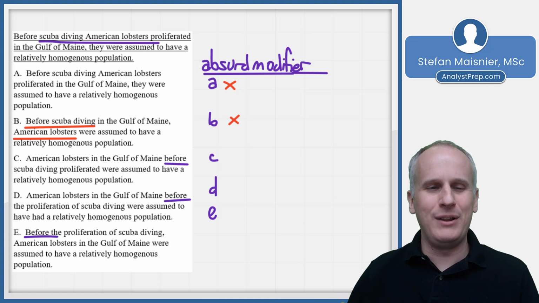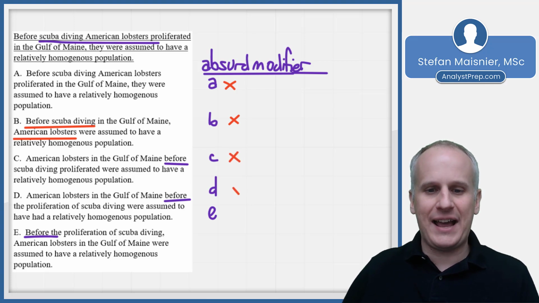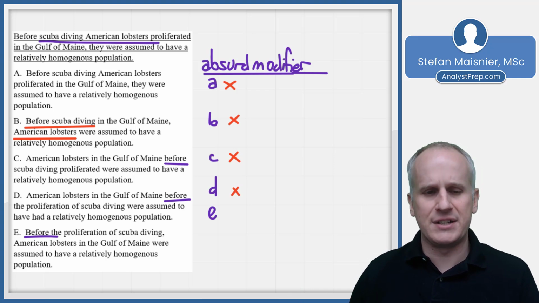It's that the proliferation of scuba diving itself allowed for a change in the assumption. So both choices C and D still have absurd modifiers. They're just a little bit more subtle than the original one that had American lobsters that were participating in some interesting diving activities. So as always, you want to read your choice back into the original,